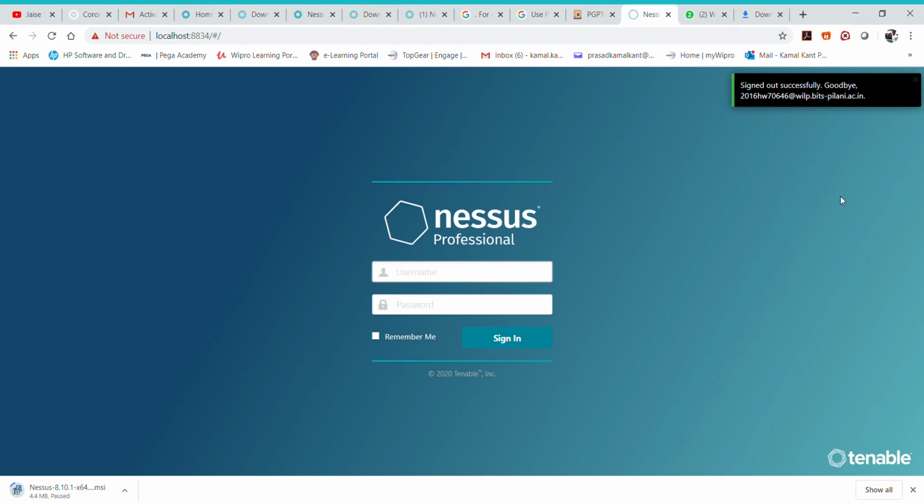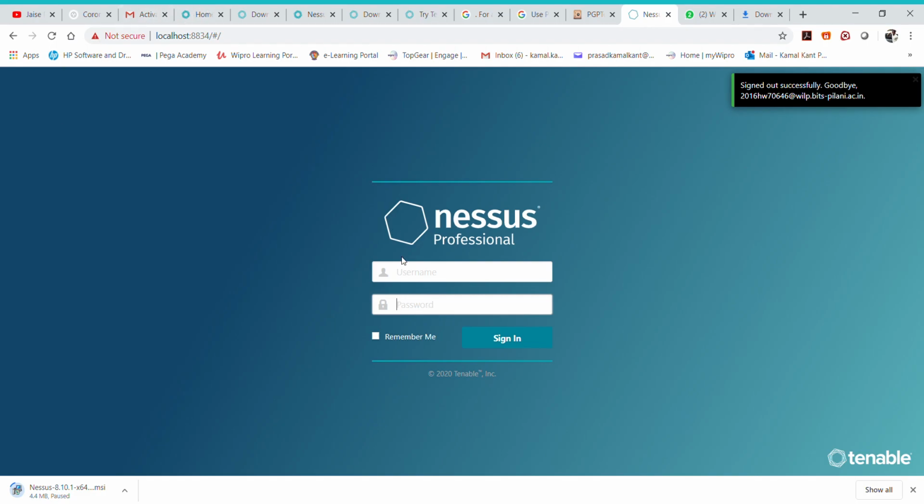After you download and restart your system, it will redirect you to this page upon opening Chrome or whichever browser you are working on. Here you have to give your username and the password which you have set.